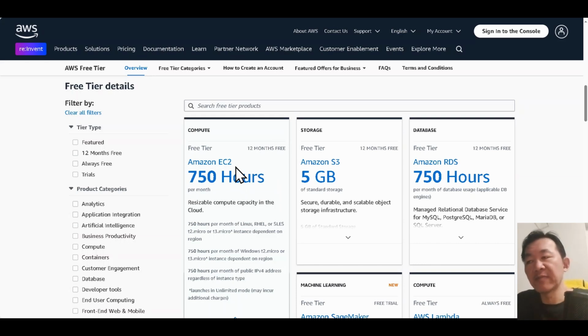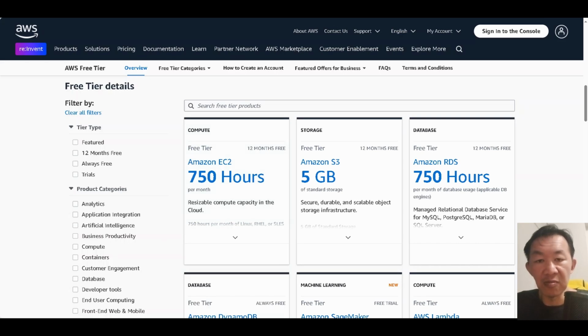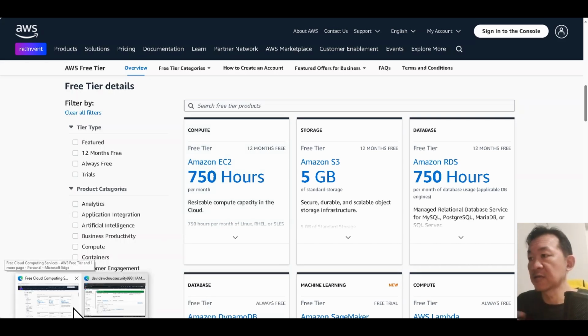So that means that whichever comes first, either you use up 750 hours worth of running costs, or at the end of the 12 months, regardless of whether you use up the 750 hours, you have to pay already after this. I'm going to show you an example of how I configure the alarm, just to make sure that if I use up almost 750 hours,